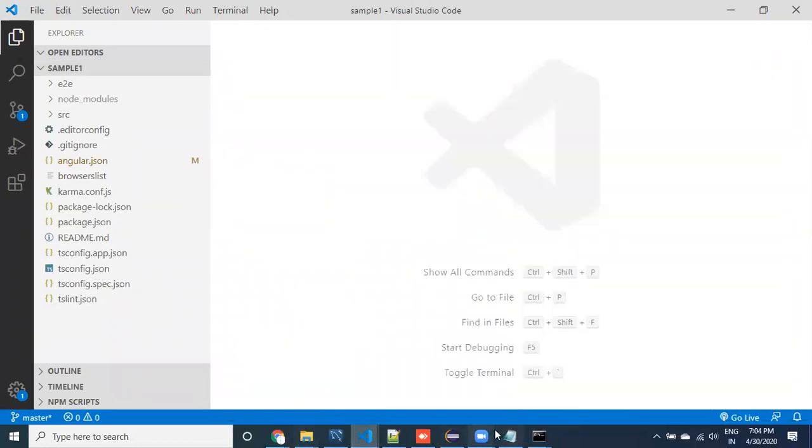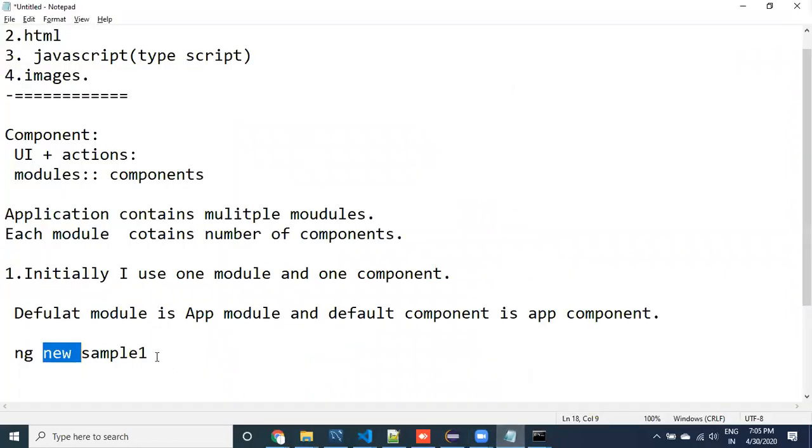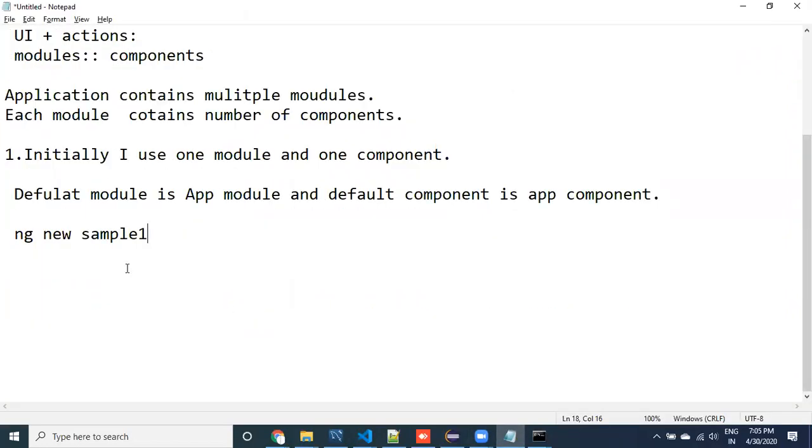So I have opened it. What steps have I done, guys? First, this is the command I issued, and then the next command, ng. Then cd sample one, going into the folder, and inside the folder I used ng serve.